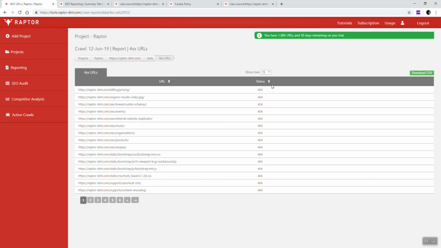With the 400 and 500 pages, if we have a look at these, this will give you information about the specific error code that's been returned. In this case it's a 404, which means the page is not found. And there are various other status codes that you can see that will all typically mean that a page is inaccessible. So I hope this video covers